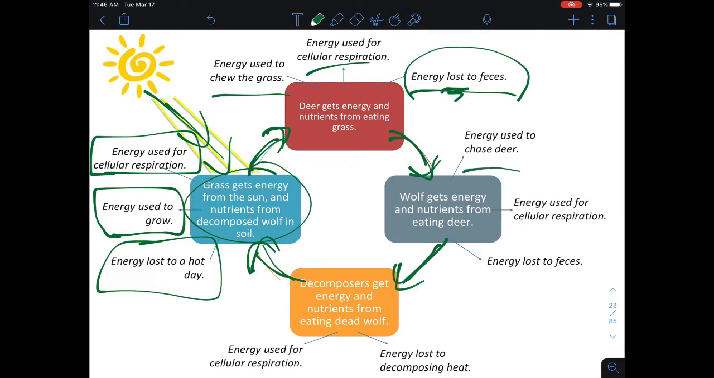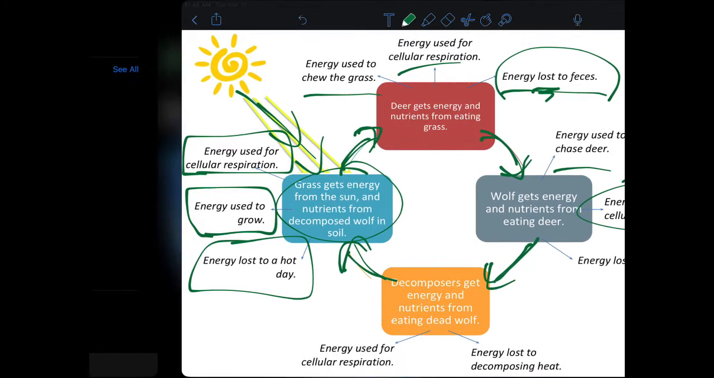Same thing for the wolf. It needs to grow. It needs to power its cells. It needs to do all the stuff that living things do. It also has feces. It also has urine. It also sweats. And all of those things release energy back out into the environment, but not quite as much as went in. Then we have our decomposers,